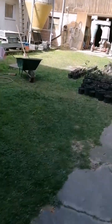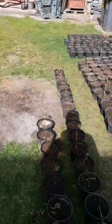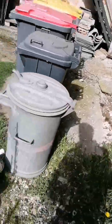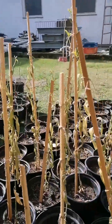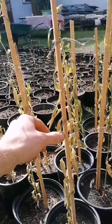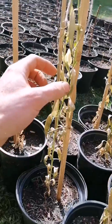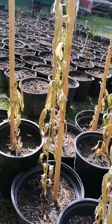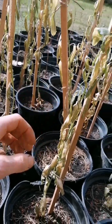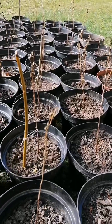So yeah, this night they survived quite well, and I will see in the next couple of days what all my plants will do, what they are planning to do. Also, for example, these, how is it called, almonds. They were hanging their leaves because they were in this warm room, and the stem looks good, and they should sprout again from the stem, and I will see when they do it, or if they do it. And also the other almonds from last year, they really don't look good, because I put them